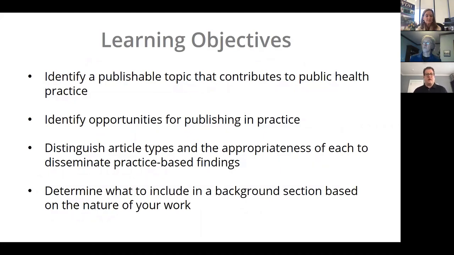But for today, our learning objectives are to identify a publishable topic that contributes to public health practice, identify opportunities for publishing in practice. So, how do you take something that you're doing in your day job and turn it into something that is going to provide generalizable knowledge to the field? We're going to talk about distinguishing article types and the appropriateness of each to disseminating practice-based findings, and we'll have some resources around that